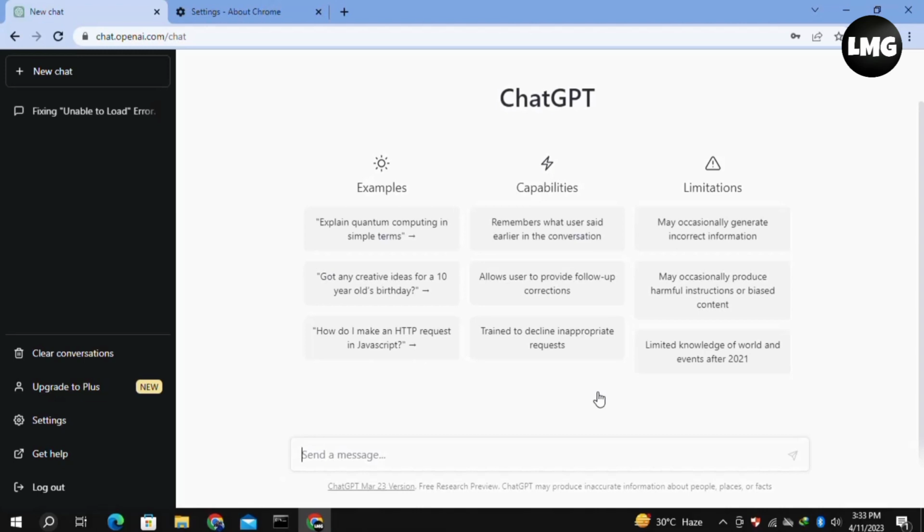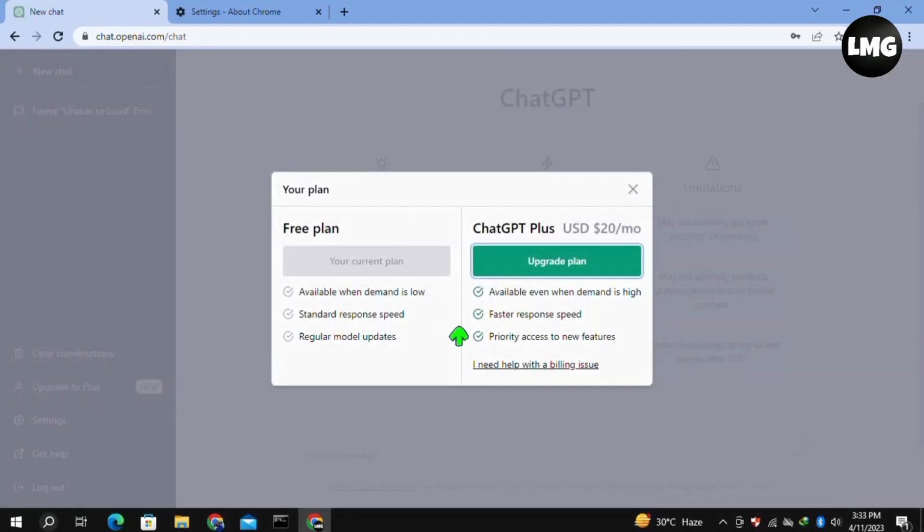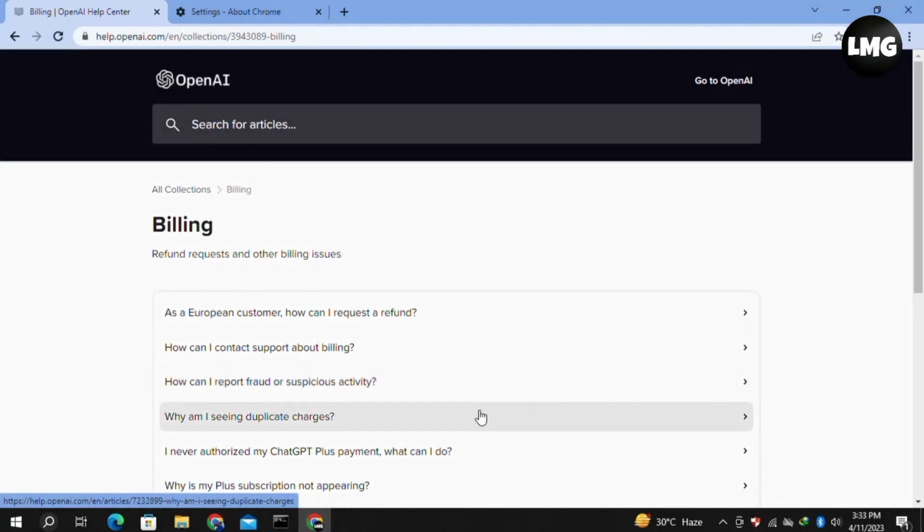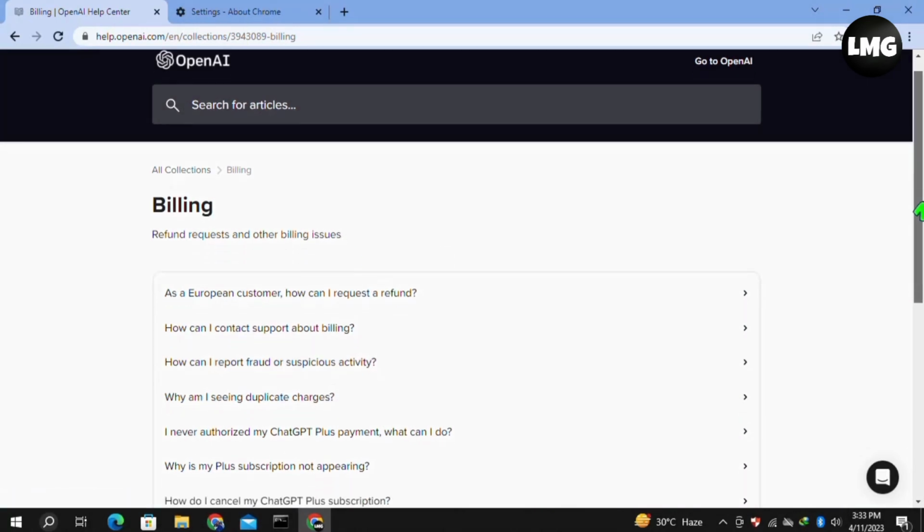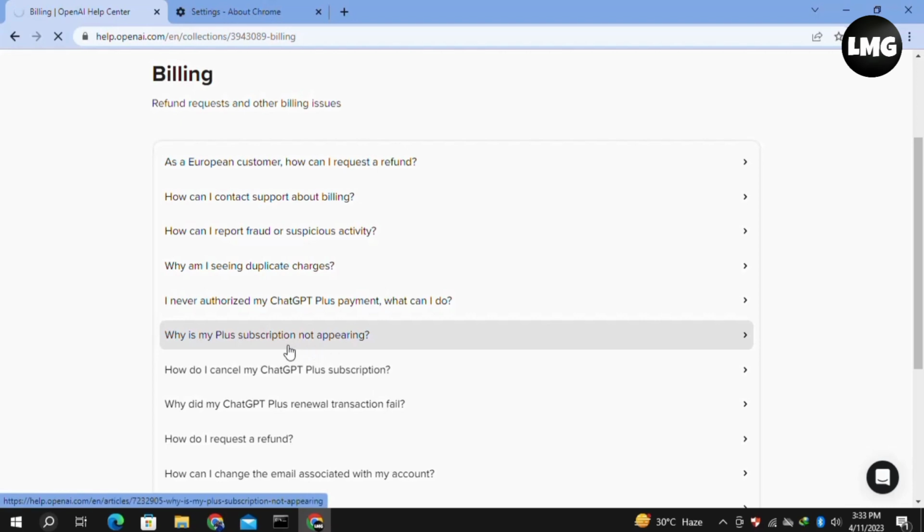So now moving to our second method, you have to just click on the upgrade to Plus option here and now click on I need help with a billing issue. Basically you have to just contact the support team of ChatGPT and they will help you to solve your error. Here click on why is my Plus subscription not appearing, and now you have to just click on